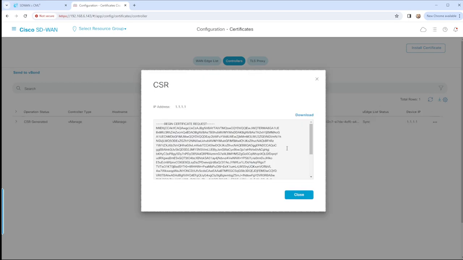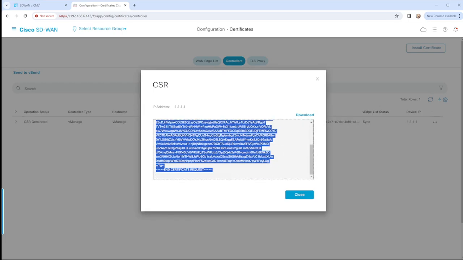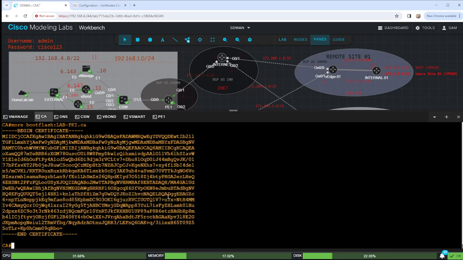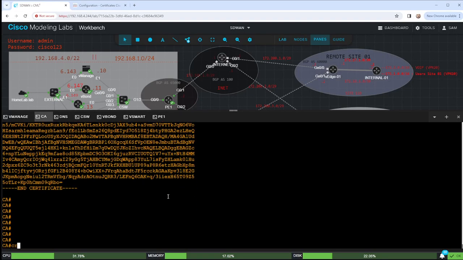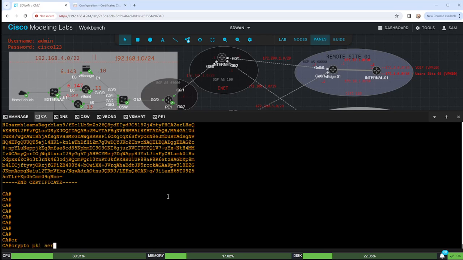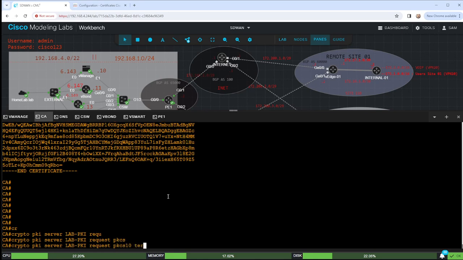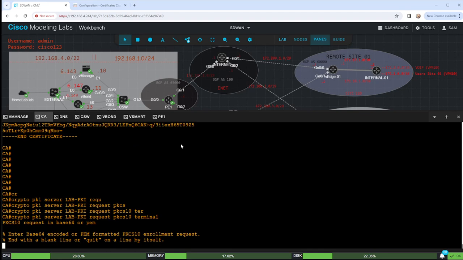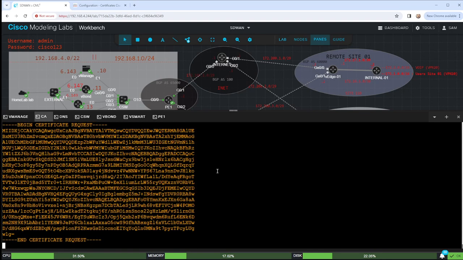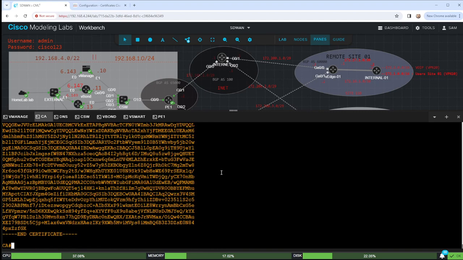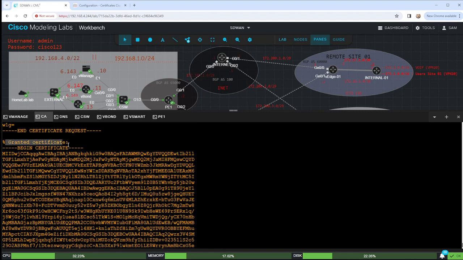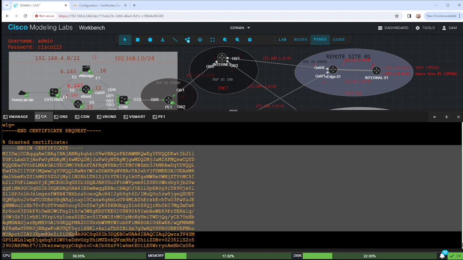We've given the attributes, now we're generating a certificate signing request, CSR. Then you go back to your CA, right? And this is where you tell it to sign, request a PKCS10, I believe, under terminal. So we'll do it on the terminal. So you paste your CSR in here, and then enter, and then it'll grant you a signed certificate. You see that? Then you'll copy the signed certificate,